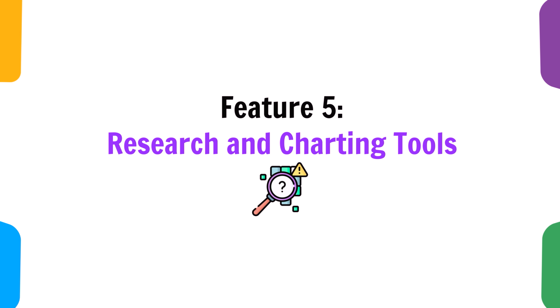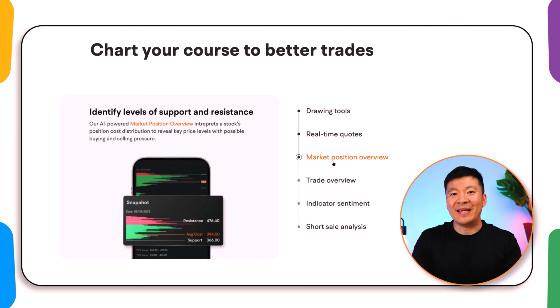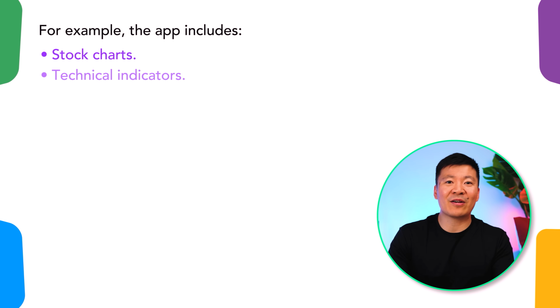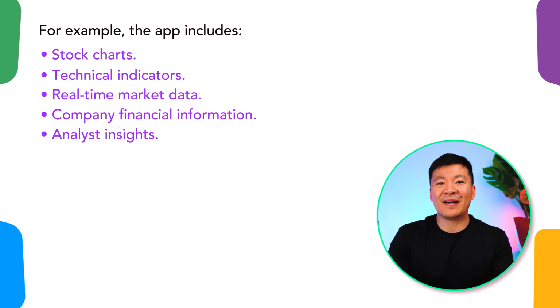Feature 5. Research and charting tools. Another thing Moomoo is well known for is its research and charting tools. Inside the platform, you get access to a wide range of information that helps you learn about companies and understand what's happening in the market. For example, the app includes stock charts, technical indicators, real-time market data, company financial information, analyst insights, and market news